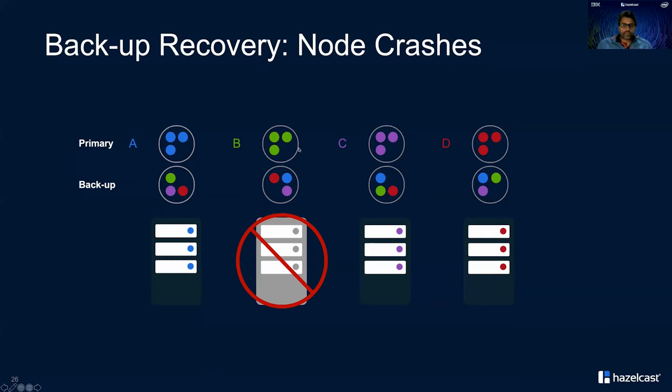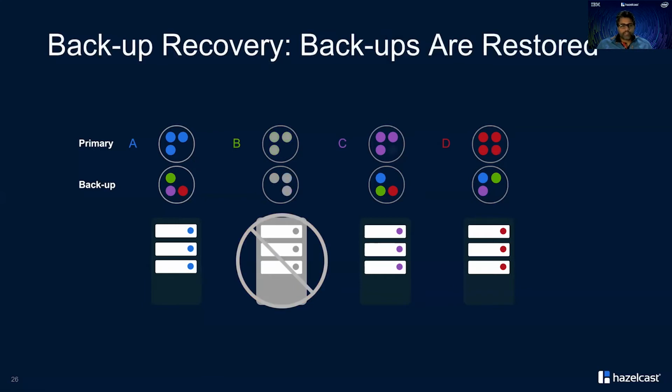So as soon as node B is detected to be out of the cluster, the backups of node B are restored and moved into primary partitions, right? So basically the backups are recovered from within the same memory location. And it's just a matter of changing the flag of a Java object from backup partition to primary partition. And what that also tells us is that recovery from a failure is faster than adding a node in the cluster, because everything is happening in the same memory space.